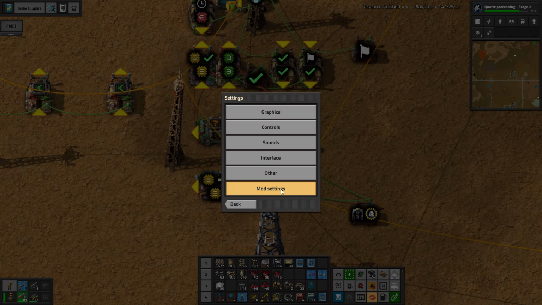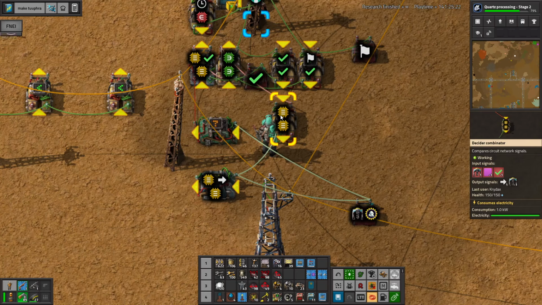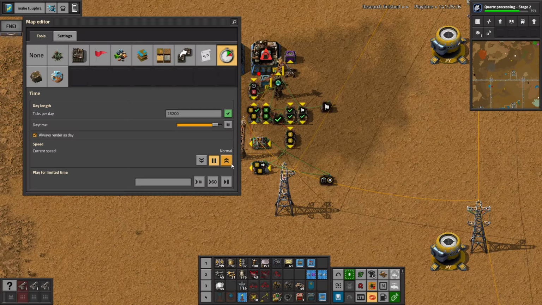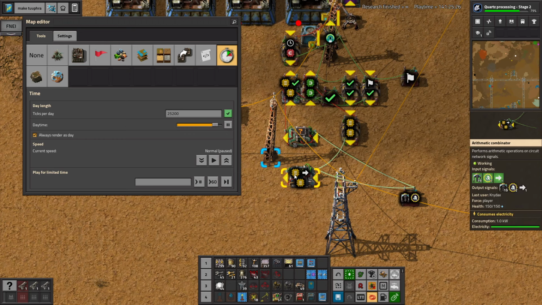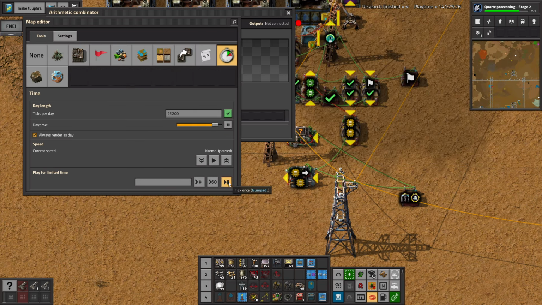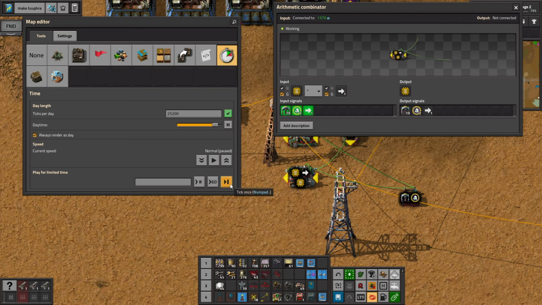But if we go to settings, mod settings, and then turn off the testing lab for editor extensions, we can go into the editor and pause the game. And then we can do this one tick at a time. So one tick later...